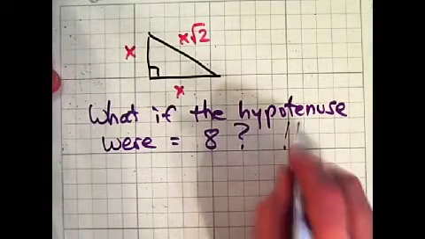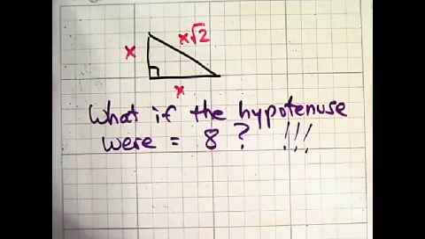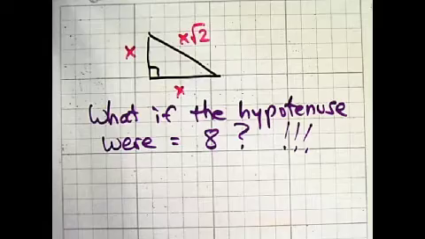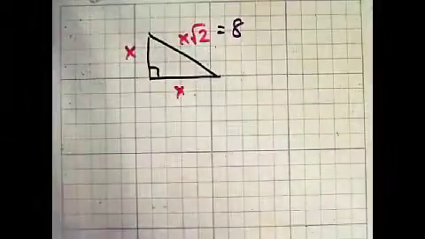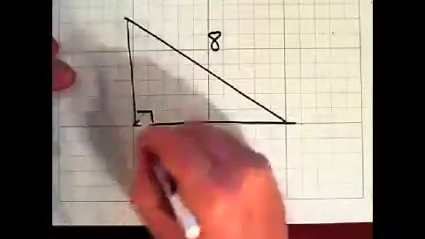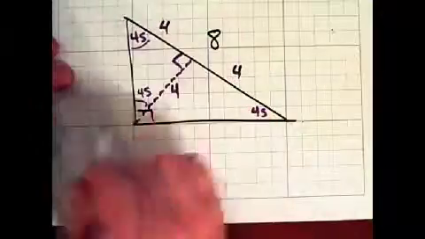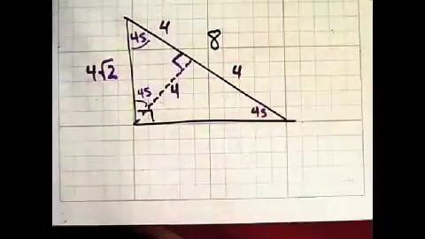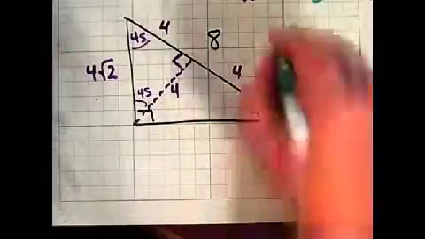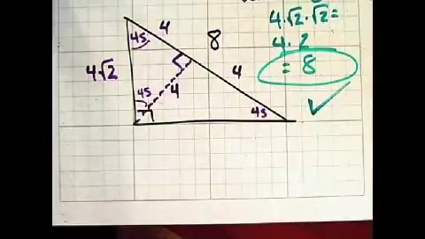But what if the hypotenuse were 8? This is the harder problem. What do we do now? Substitute in 8 for the hypotenuse, and if you draw it like this, you'll see that it's 4 times radical 2. x is, and substitute in x times radical 2 to get 8 and